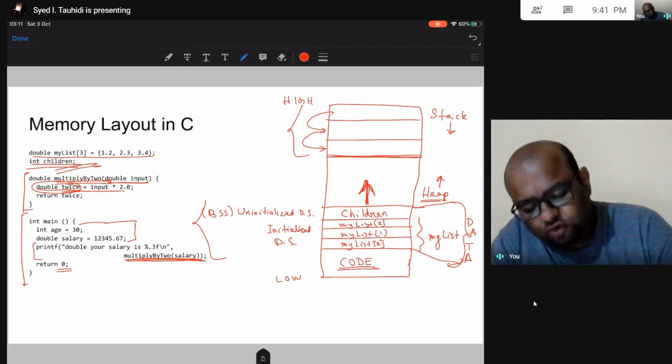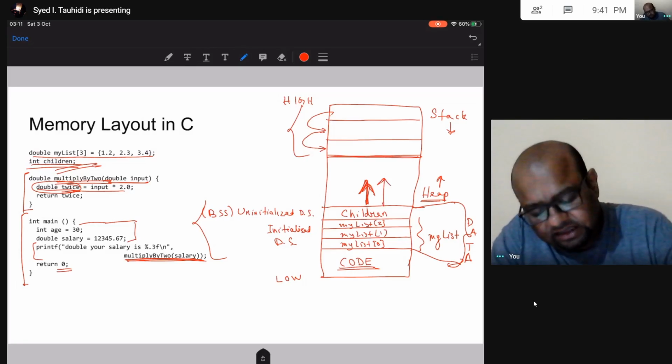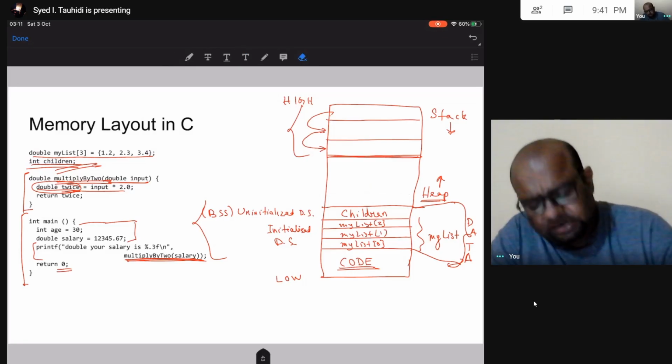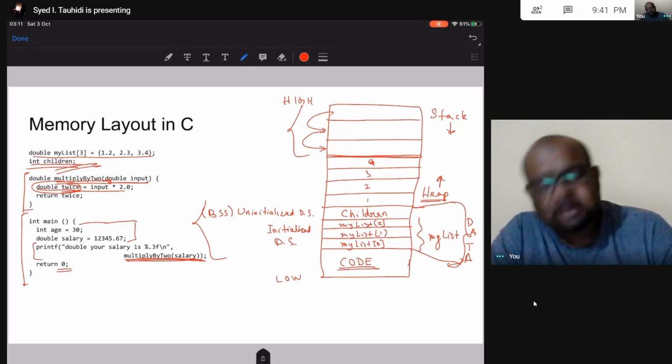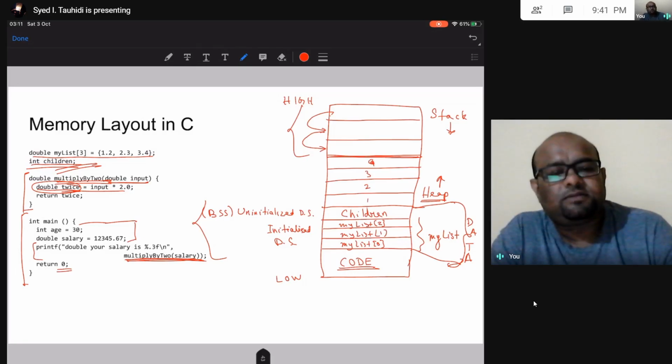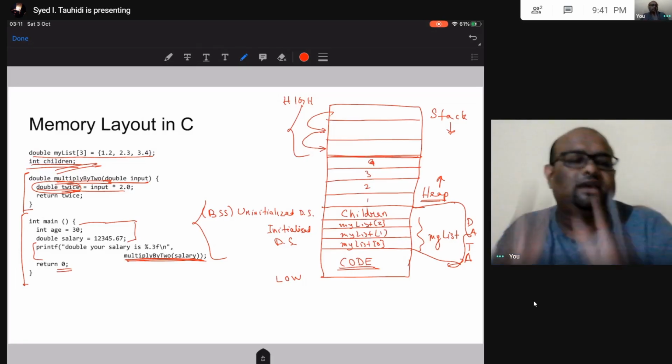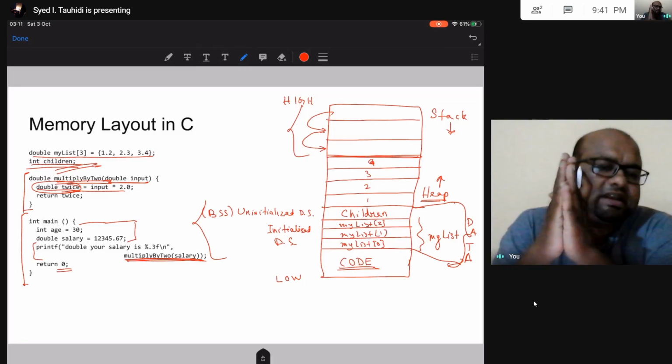It can keep growing, but it may so happen that there is one variable for which I have allocated this space in heap. For another variable I have allocated this space. For a third variable I have allocated this space. For a fourth variable I have allocated this space. So 1, 2, 3, 4, four variables. Now after allocating for these four variables, heap and stack are touching each other.